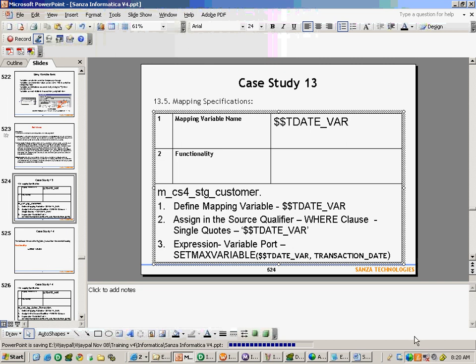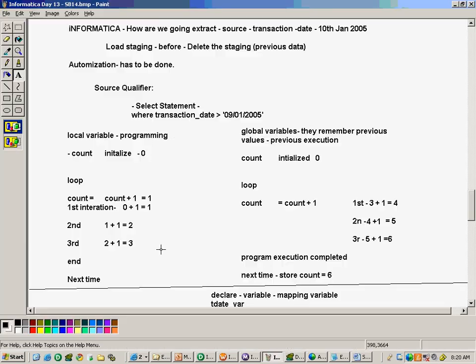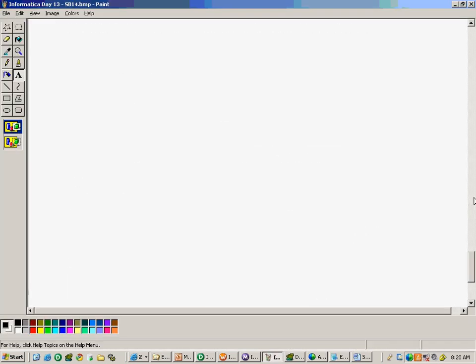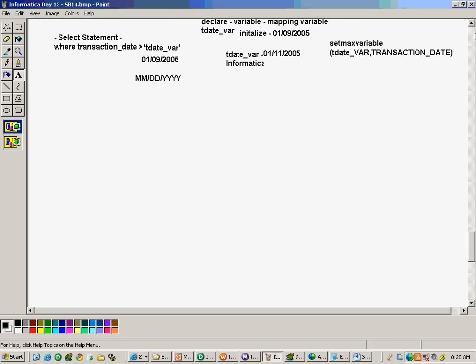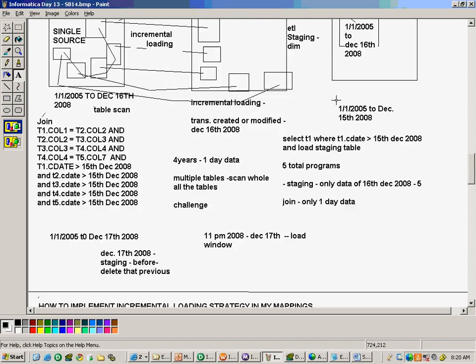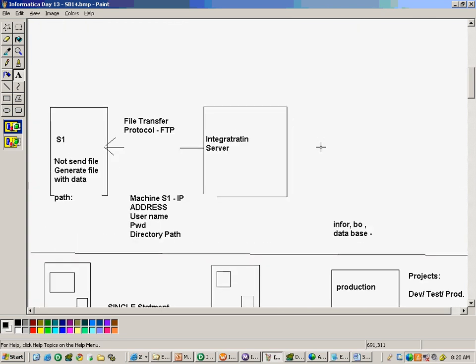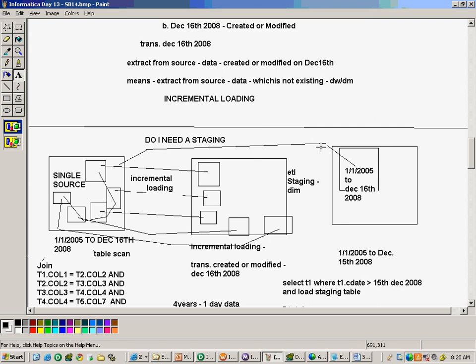I will execute it and show it to you, but before that, is it clear, everybody? This is the only mapping you have to do today, but more explanation was done because this explanation of incremental loading strategy and all, we used to do in data warehouse concepts, but there,